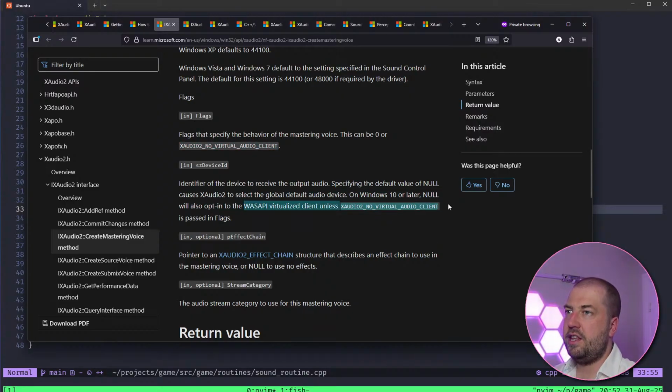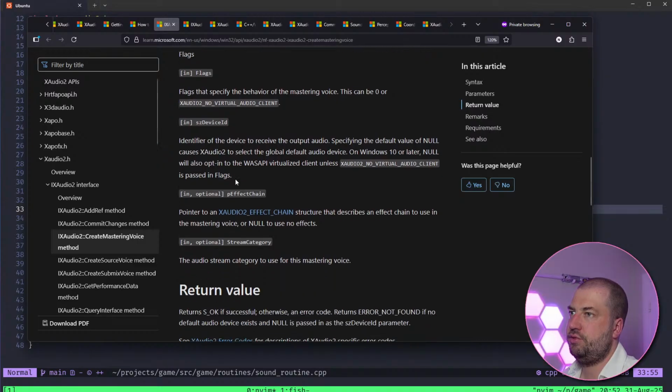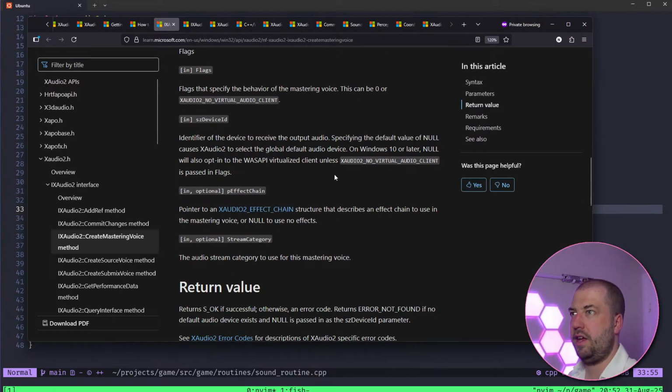Okay, that gives me no further indication as to whether that's the thing that I want or not. I know that I can opt in or opt out of the WASAPI virtualized client. I'm going to go with no. I think I want defaults and to opt into nothing.